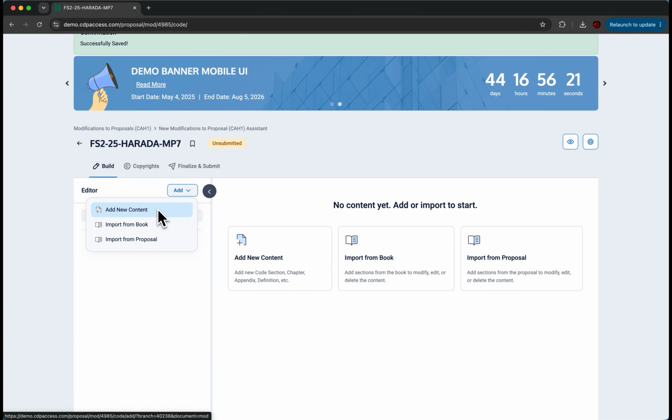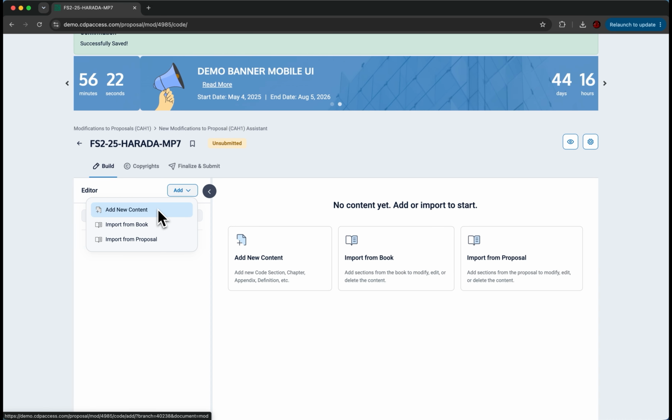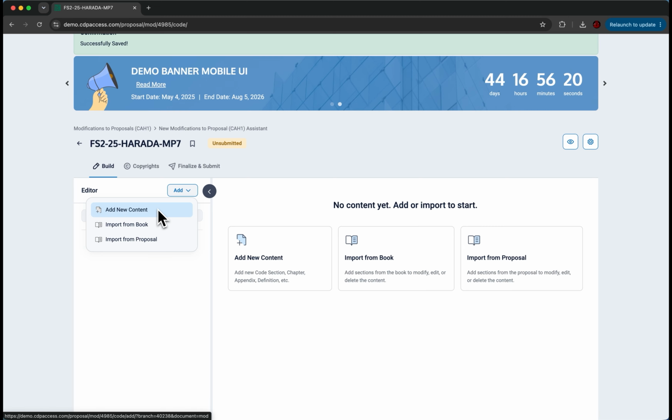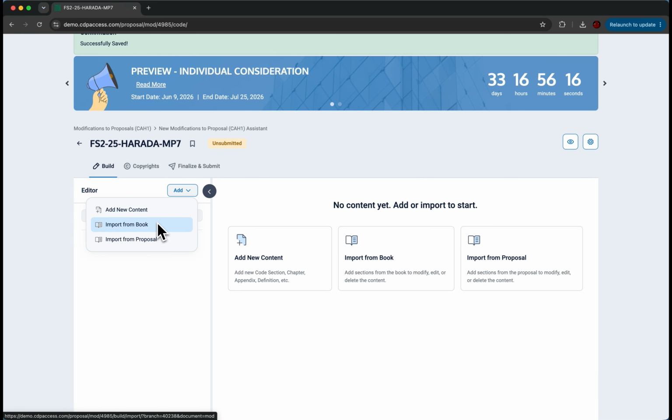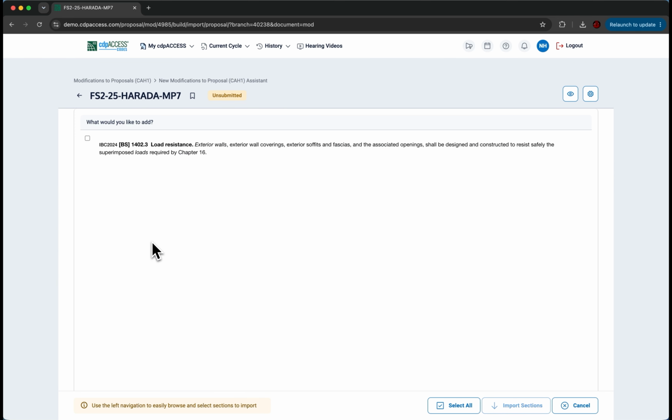You'll also notice two other options available here. Add New Content allows you to create a brand new section from scratch, a chapter, definition, appendix, and so on. Import from Book lets you pull in sections directly from the existing codebook. For this workflow, we'll be using Import from Proposal, which brings in the content from the original proposal as our